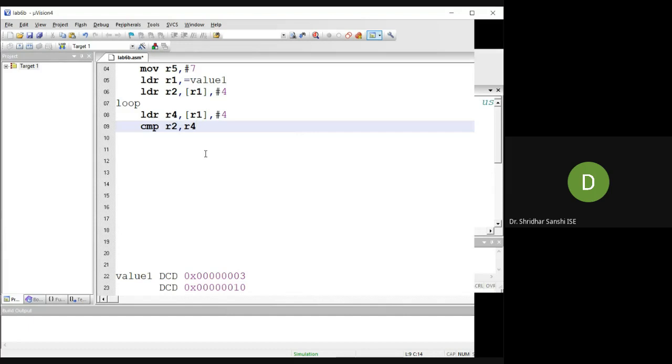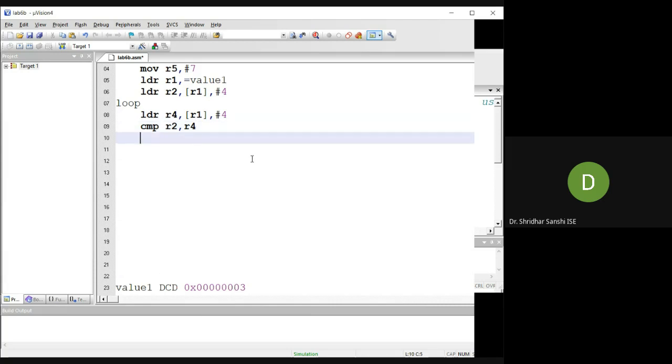The content of R4 is subtracted from the content of R2. If the value is greater or 0, then I need to branch. Otherwise I need to swap the content. Here we are finding the smallest. So earlier, what instruction did we use for greater?